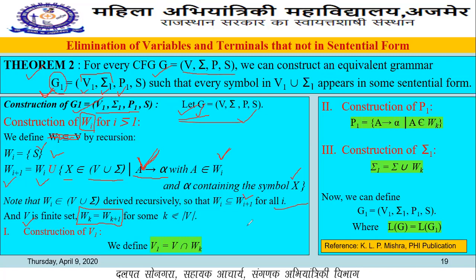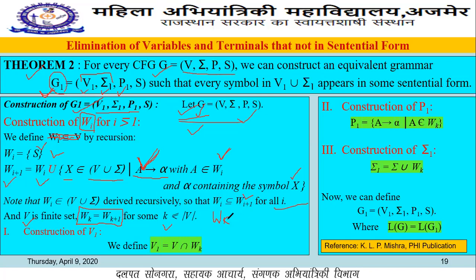It means that the previously created set Wk is equal to the next created set of symbols Wk plus 1, where k is less than or equal to the number of variables in the given grammar G. So by this we receive one set Wk,